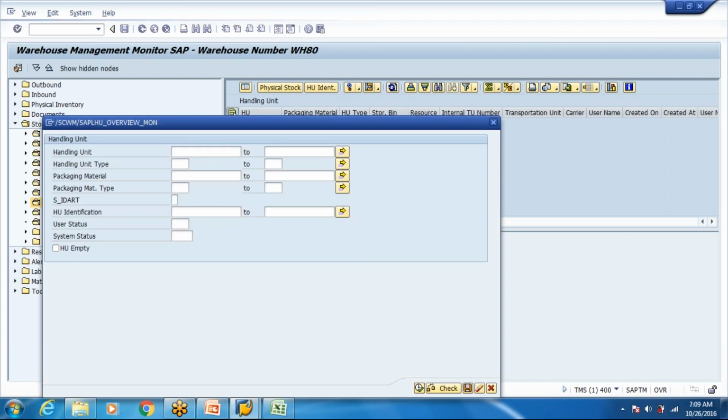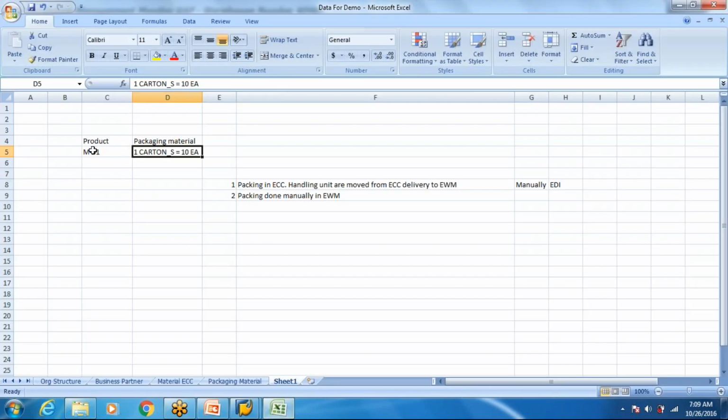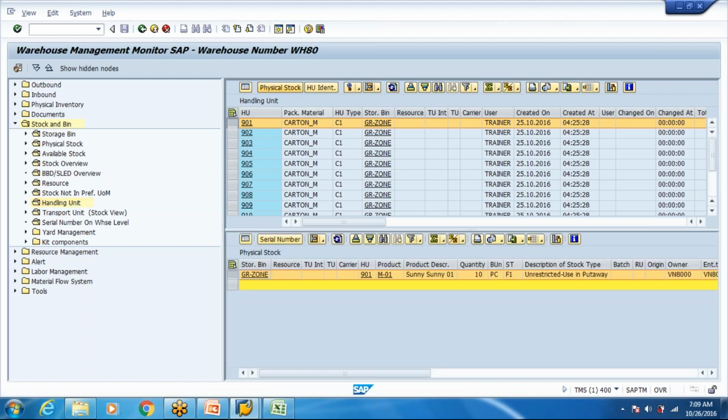So this is the handling unit. What the system does is, this is a product and this is a handling unit, and clubbing both of these creates an HU, let's say HU901. It is a combination of product and carton. If you check the physical stock in that HU, this HU is lying in this bin, and it tells you it has this product in this quantity.